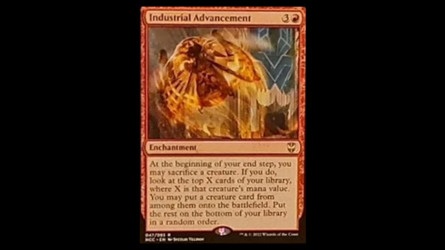All right, next we have Industrial Advancement, red and 3. Enchantment, at the beginning of your end step, you may sacrifice a creature. If you do, look at the top X cards of your library, where X is that creature's mana value. You may put a creature card from among them onto the battlefield, put the rest on the bottom in a random order. Good God, this is busted. Are all these cards this broken? Have I just not played Commander in a long time, and this is just...